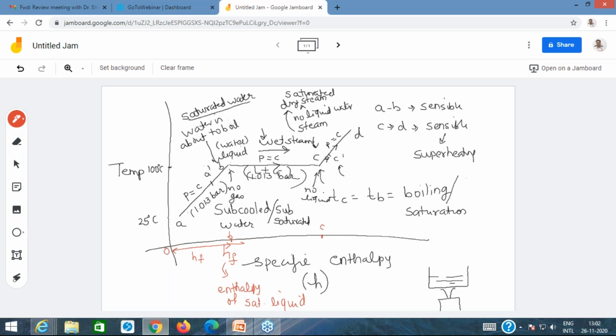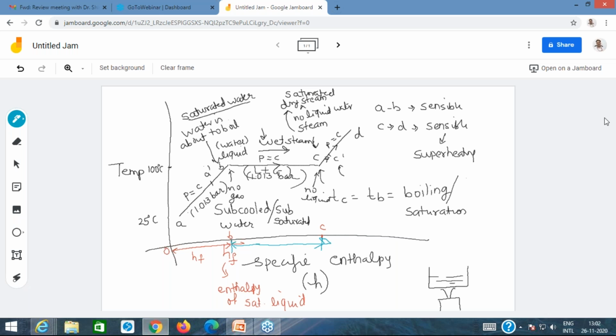So this is C, and this portion, let me choose some other color for this. I'm choosing blue. This portion which is shown in blue, what is this? Can you answer, somebody? What is HC minus HB, or this portion shown in blue? Any answers from your side? It is boiling, but in terms of enthalpy, what is it?